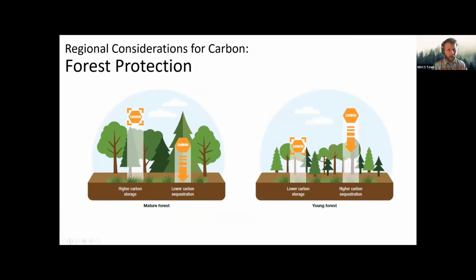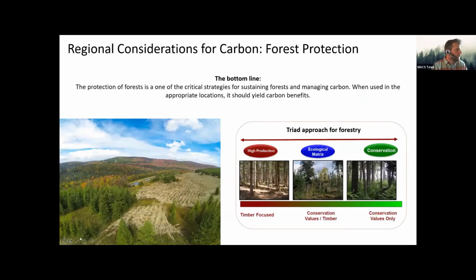Just recognizing the carbon value both of young and old forests, that young forests are sequestering carbon at very fast rates relative to older forests, which are storing more carbon. And so really the bottom line in that sense is that I think a lot of us recognize that triad approach to forestry provides the greatest benefit over these landscape scales